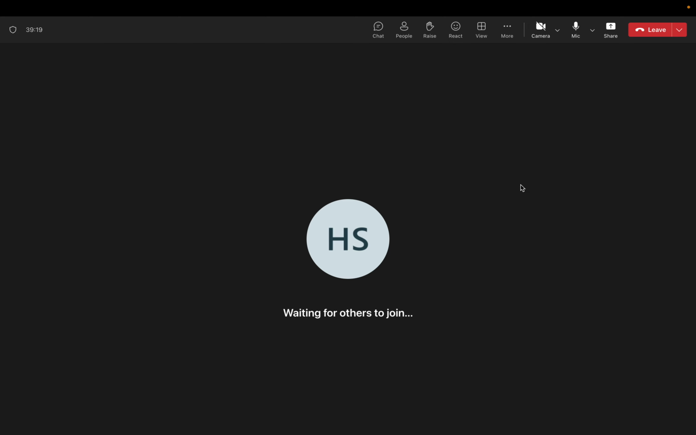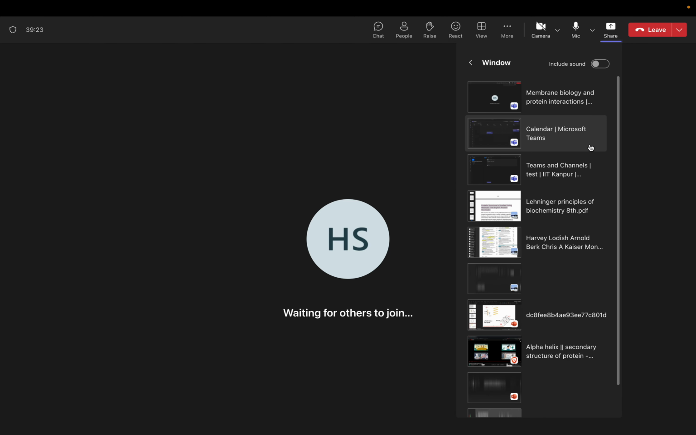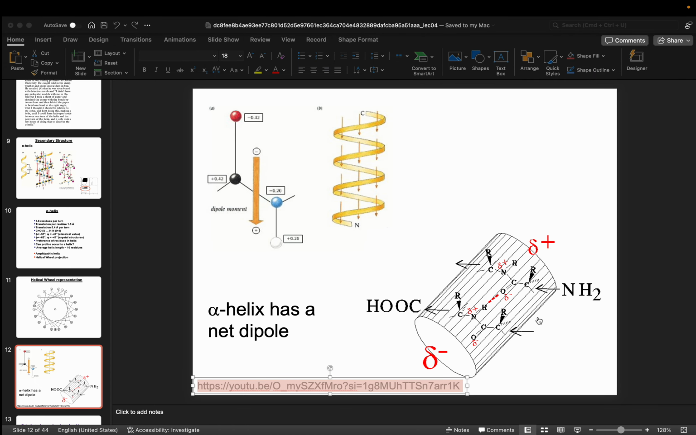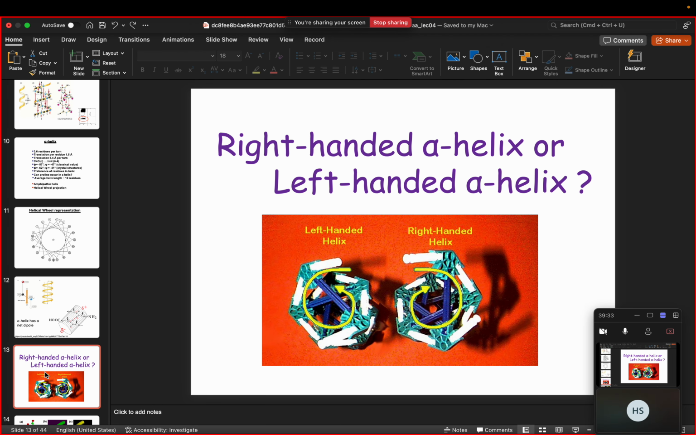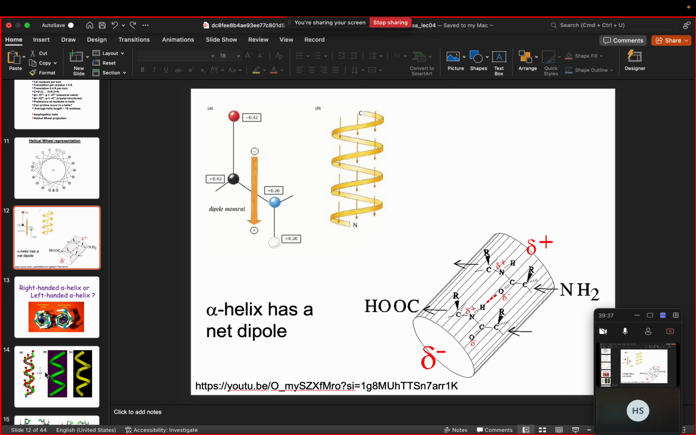So this was pretty specific to alpha helix, as I've discussed the basic properties of an alpha helical secondary structure. More or less you now know what an alpha helix is, what its basic properties are, and its handedness and everything. We're going to discuss alpha helix maybe in more detail because